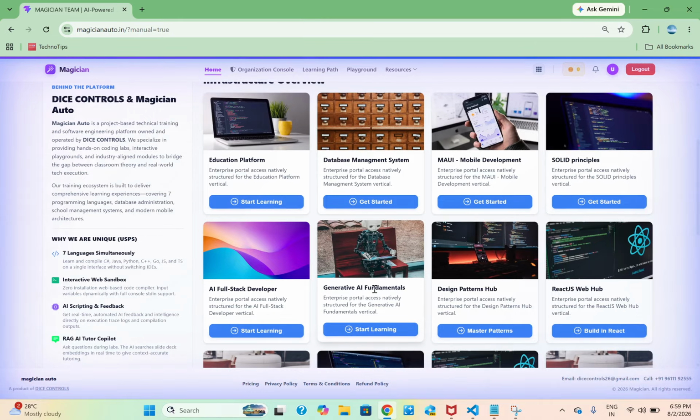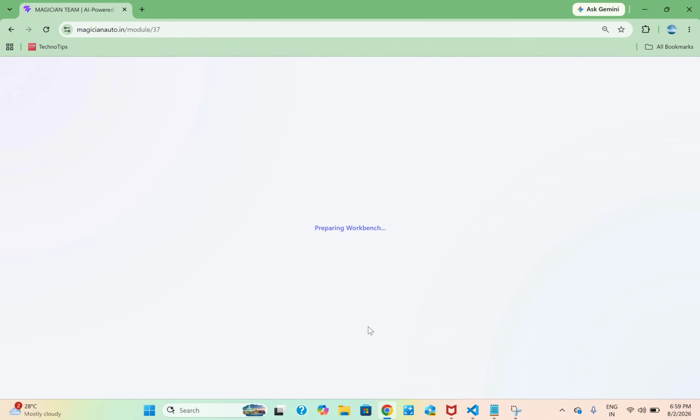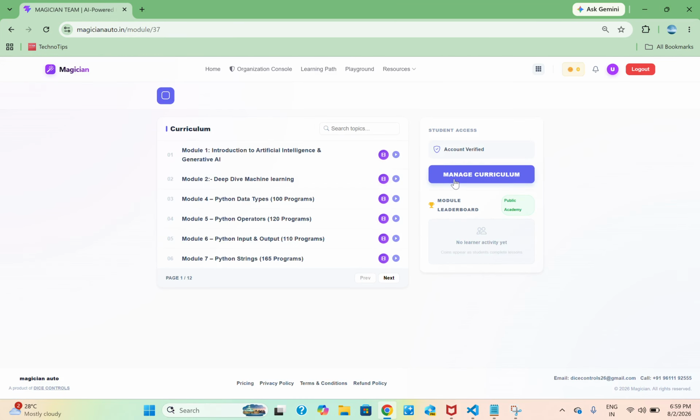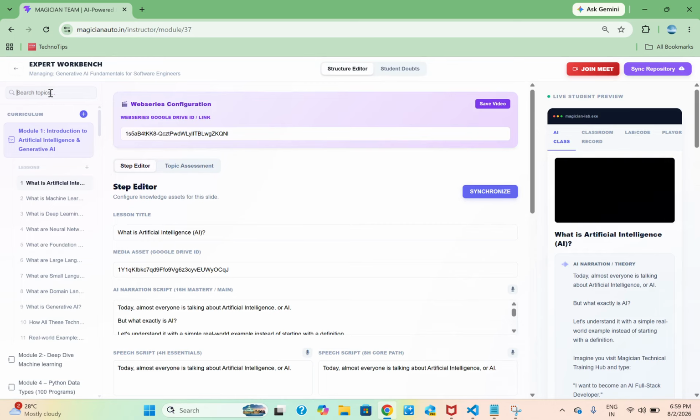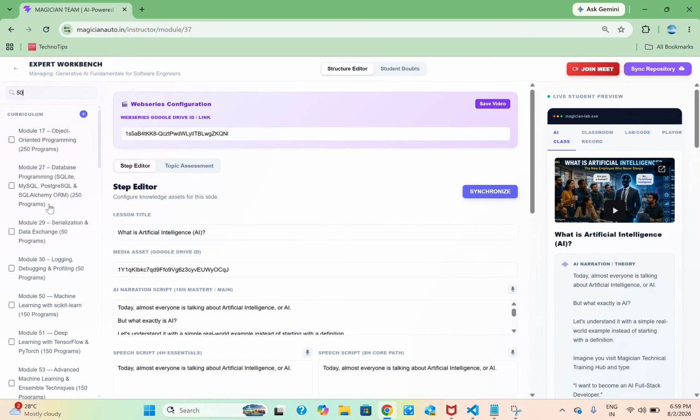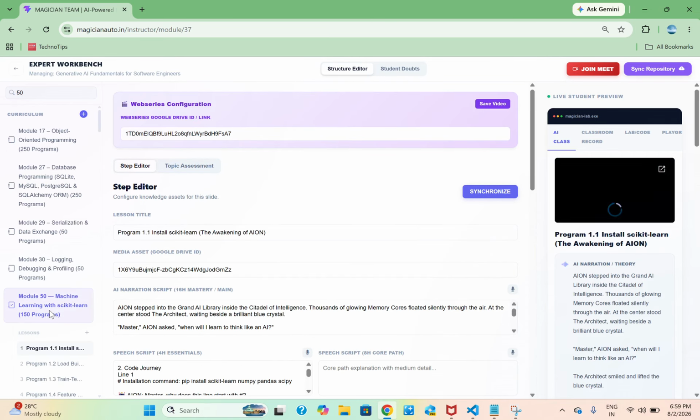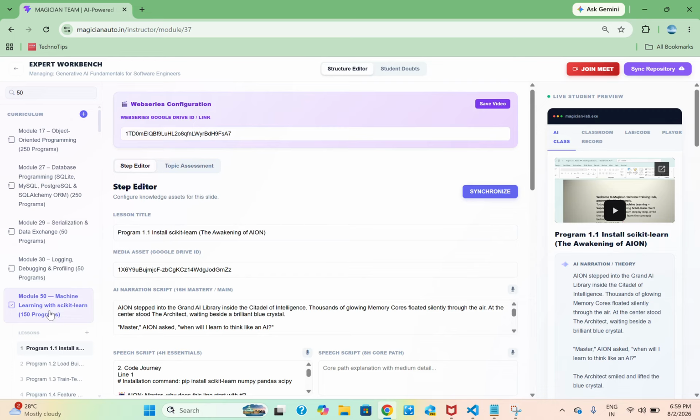In our previous session, we looked into generative AI fundamentals. In our first session, we set up our system by installing the required libraries in order to learn one type of machine learning called supervised learning. So what did we install? We installed the libraries called scikit-learn, pandas, and numpy.